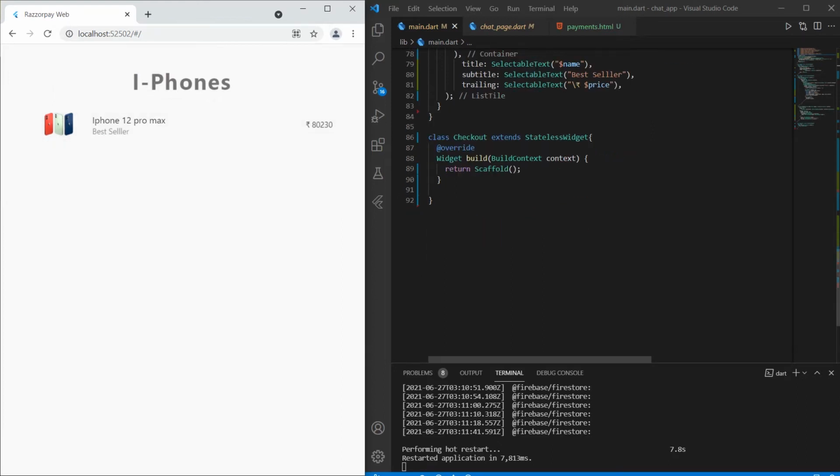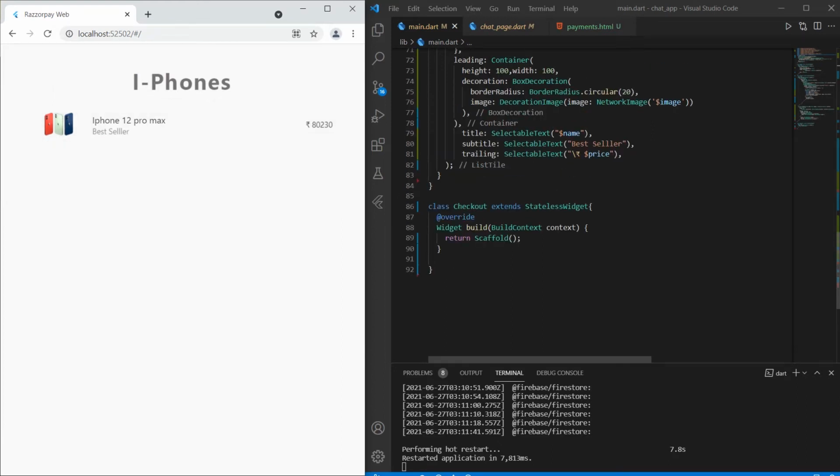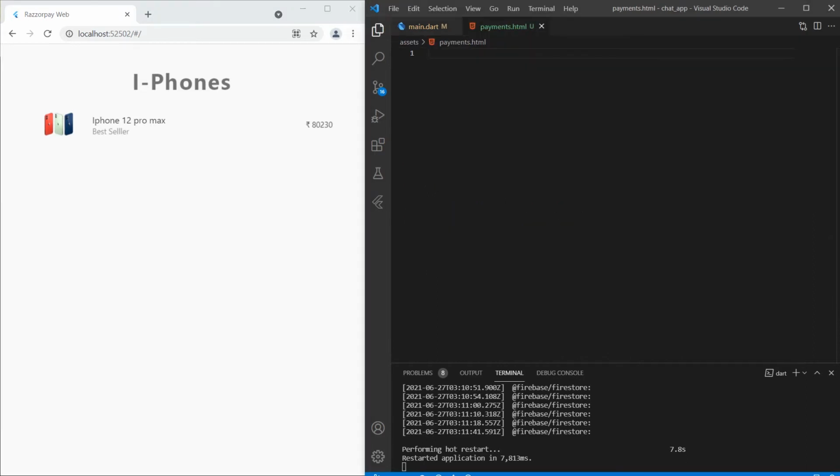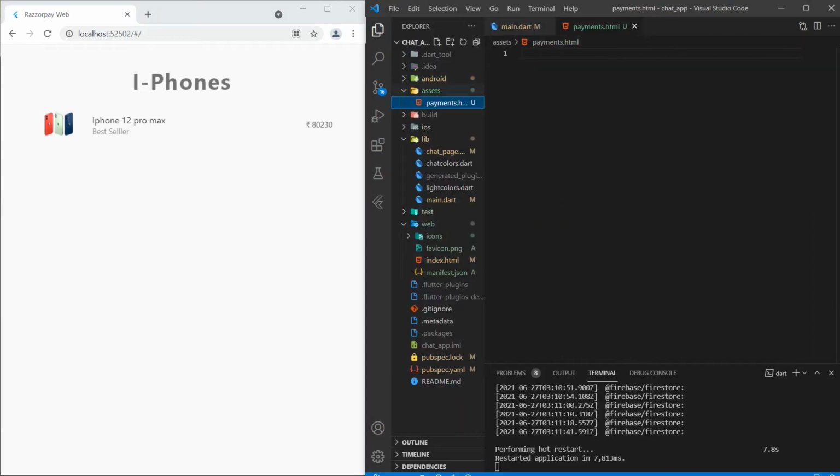Yeah, that's all great. We created our checkout class, and we will design some basic UI in that also. But what is important for the Razorpay? What are we going to do here for the Razorpay? Okay, so you have to create one assets folder here, and in which you have to create a file called payments.html. Actually we will integrate our HTML file using the UI element or iframe element of Flutter, to integrate all our coding parts of the HTML file with the Flutter file. So we are going to integrate all those things in this section.